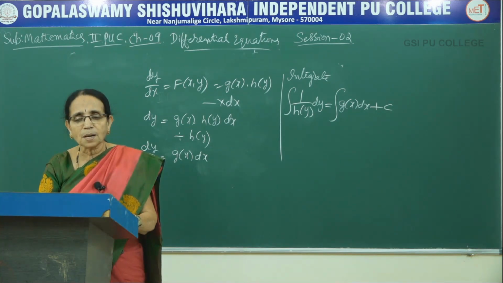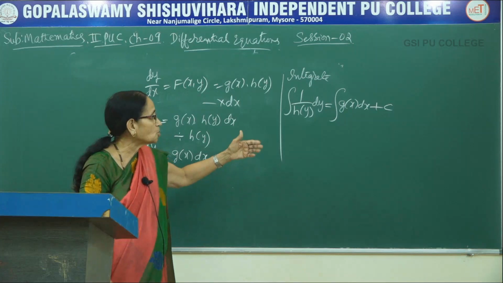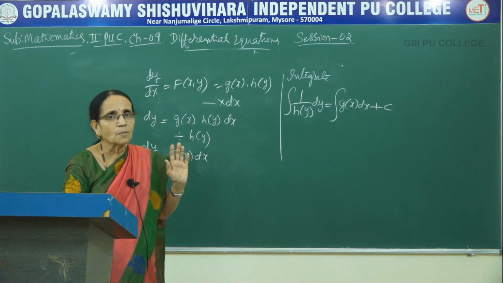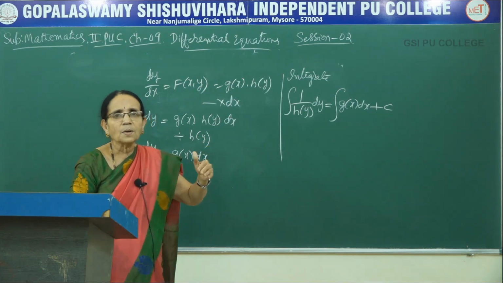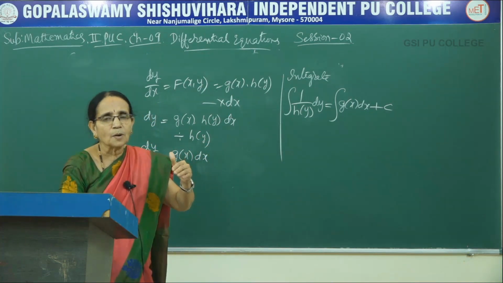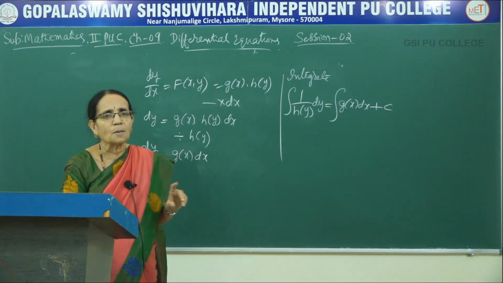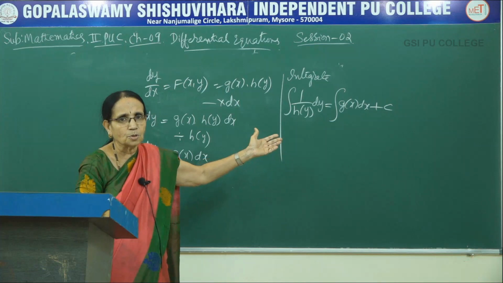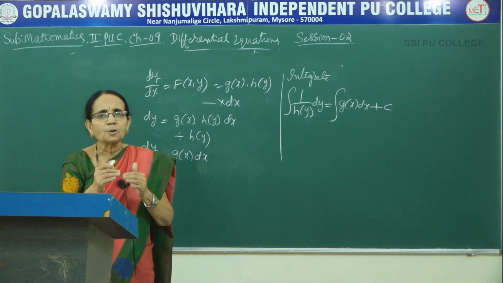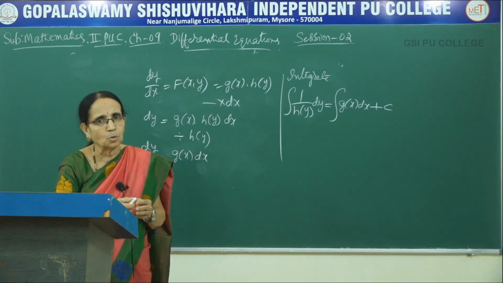Suppose I want a particular solution. Particular solution means, I told you already, x and y values will be given to you. So after the integration is done, wherever x and y are there, substitute the values which will be given in the problem itself. Then you get the value of c. So go back to this one, general solution, write the value of c. If it is possible to rearrange, you can do that one.